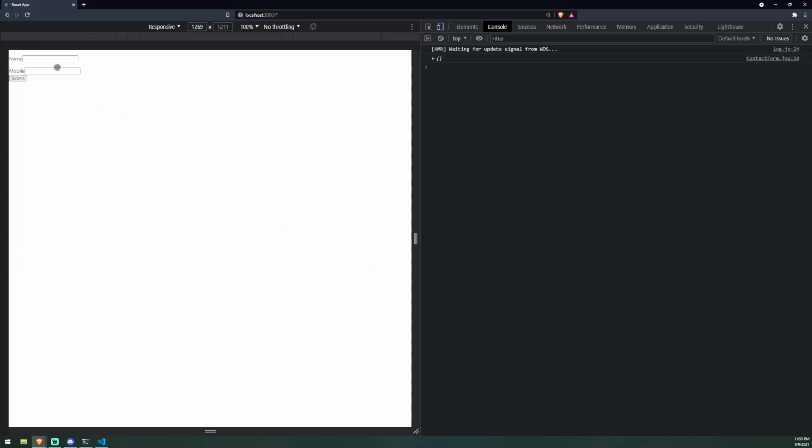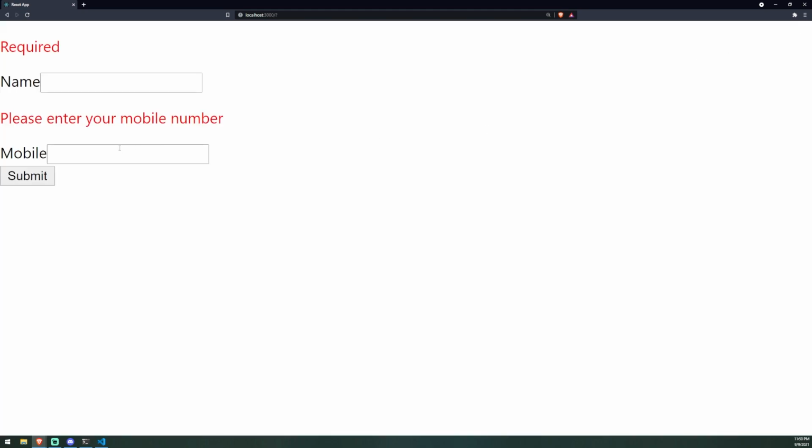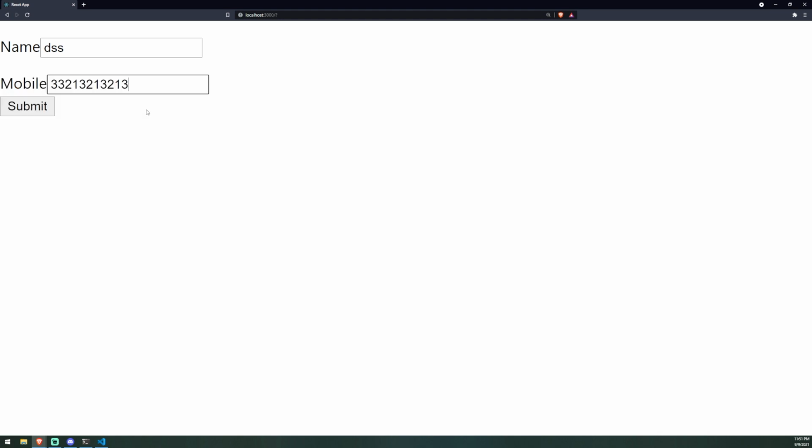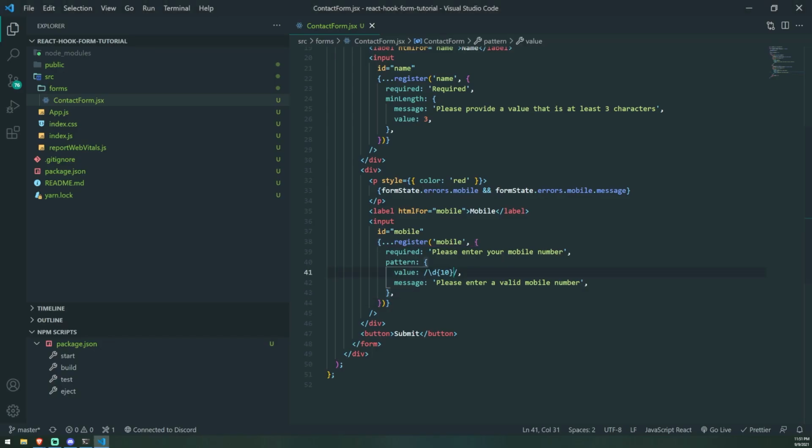So if I were to refresh and if I click submit, you can see that we have 2 errors. We have required and please enter your mobile number. So now if I type something in the name field, it's going to say please provide a value that is at least 3 characters. So there we go. Now please enter your mobile number. So if I type, let's say, this. Now, is this even valid? So we have 3. Okay, so this isn't even valid. So this shouldn't even be valid because it shouldn't match our regular expression. But for some reason,